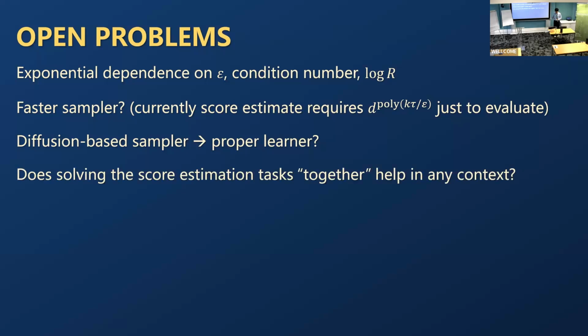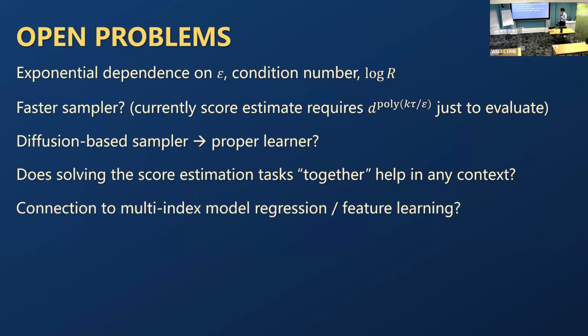There's another question which didn't really show up in this exploration. Here we were really just solving the score estimation task in isolation at every noise level. We're just solving a different kind of clustering plus polynomial regression task for every choice of t along the forward process. But you can imagine that you can stitch together different score estimation tasks across the different noise levels, and maybe some of the information you gain in the early stages of the reverse process could help you inform how to do score estimation in later stages. So currently this work doesn't say anything about this. I'll skip this more technical